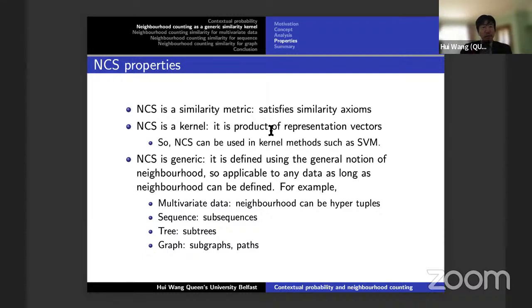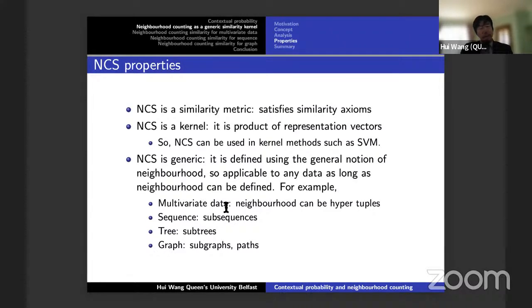As a result, NCS can be used in kernel methods, such as the support vector machine. It is also generic in the sense that it is defined using the general notion of neighborhood, which is valid for any type of data. So the NCS is applicable to any type of data as long as neighborhood can be defined. For example,